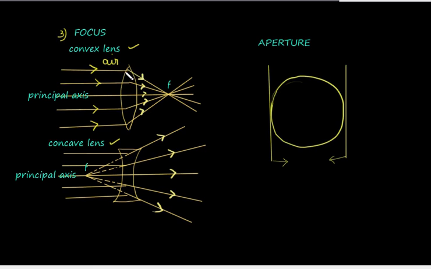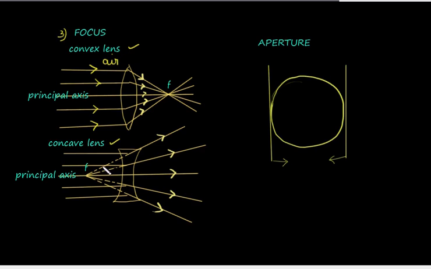As it passes through the lens, it undergoes refraction, and all the rays after refraction converge to a point on the principal axis on the other side of the incident light. This point is called focus. If the light is passing from the left hand side, it will converge on the right hand side. If light is passing from the right hand side, it will converge on the left hand side. So the convex lens, that is the biconvex lens, has the capacity to converge light rays to a particular point. That is why biconvex lenses are called convergent lenses.